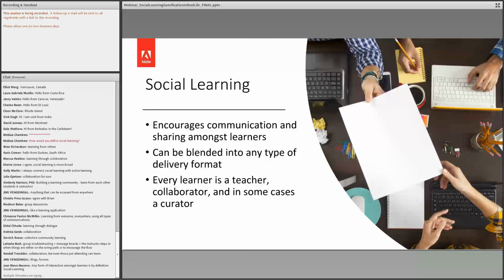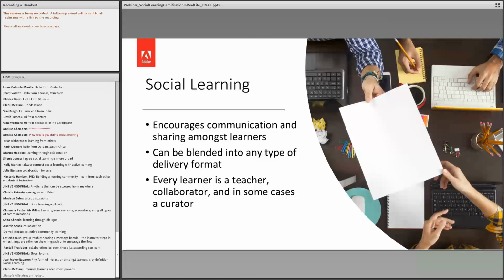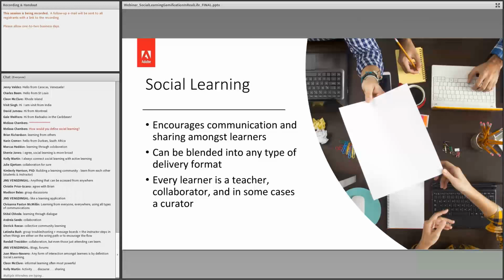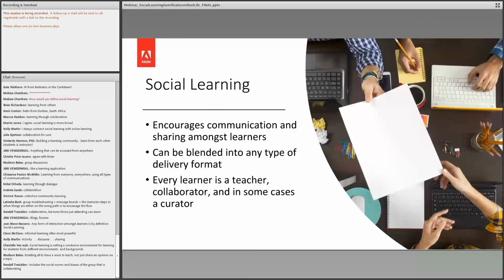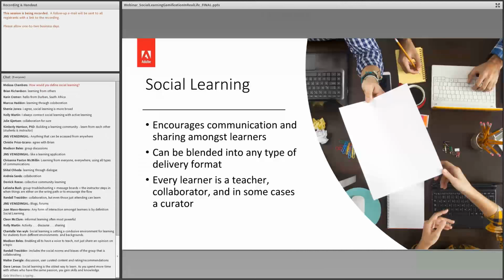So when we talk about social learning, we think about the things that will enable us to provide that to the learner. I think the greatest thing about social learning actually isn't the learning necessarily. It's actually the ability for us as learning professionals to build our community within our organization. And if we're really doing our job to the fullest extent that we possibly can, I think that's what we do. We take everyone, we give them new skills, but we also build a group that complements itself and works together well.